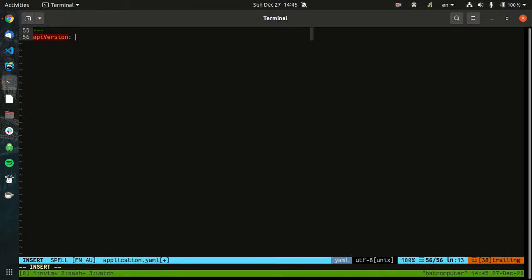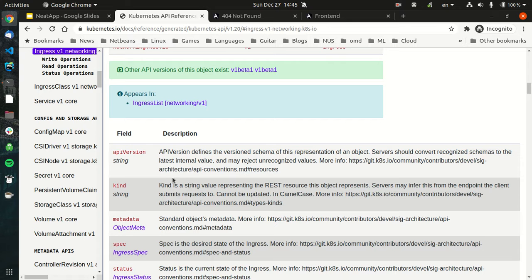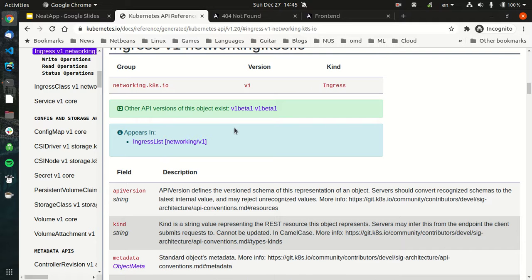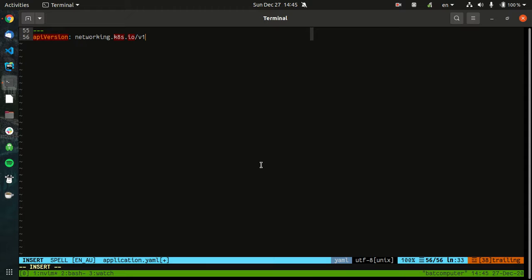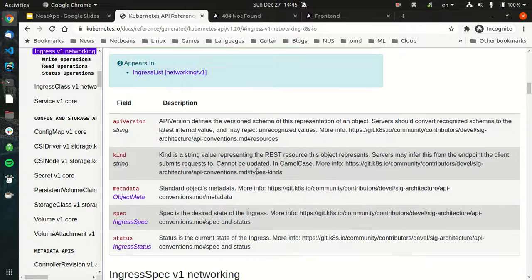So Ingress is networking.k8s.io/v1. Okay, Ingress is v1. And then the kind is Ingress. And the metadata, I'm going to call this NEATApp-ing. And the spec for this, for Ingress,